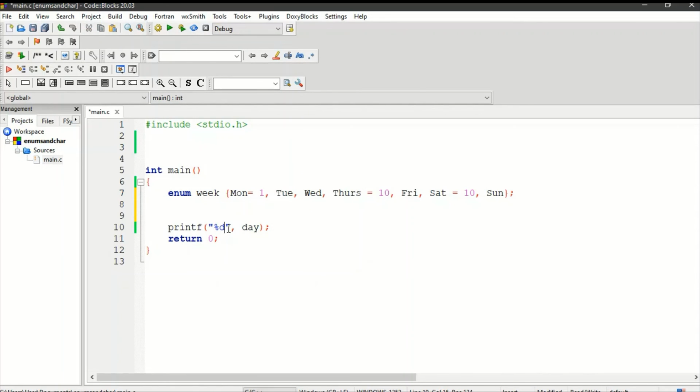We need to print three integers, so we have %d, %d, %d, and here we will put Monday, Thursday, and Saturday. Let's see what happens.